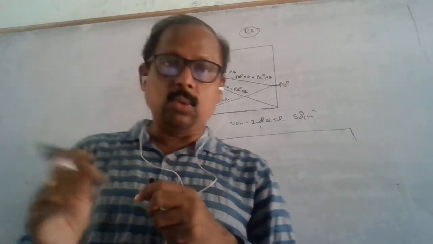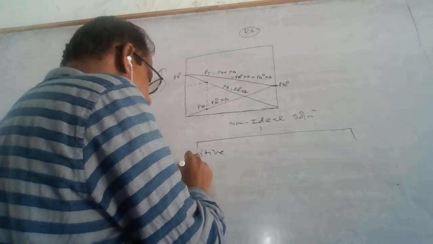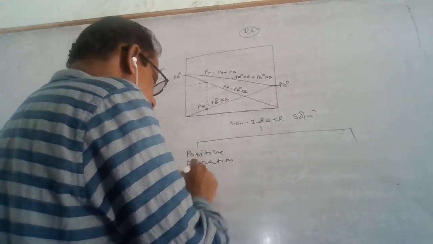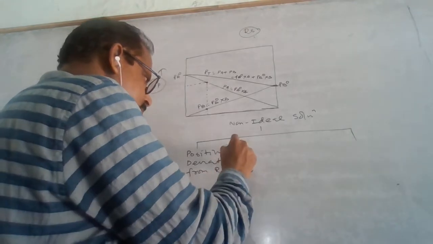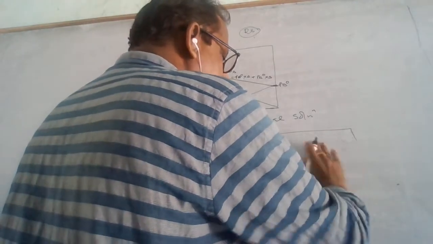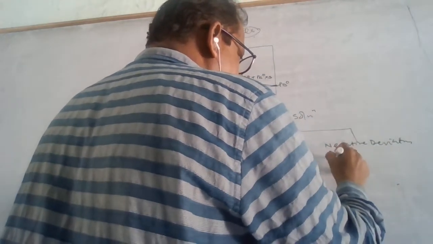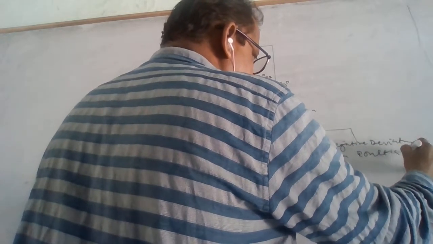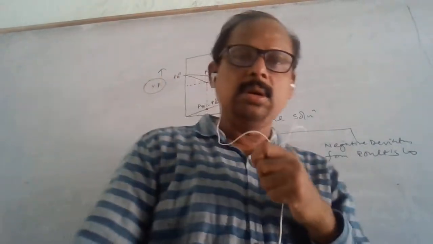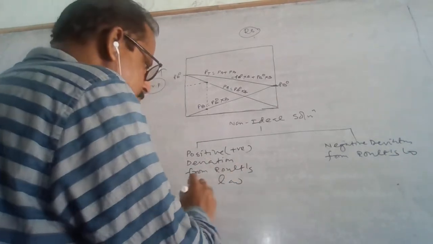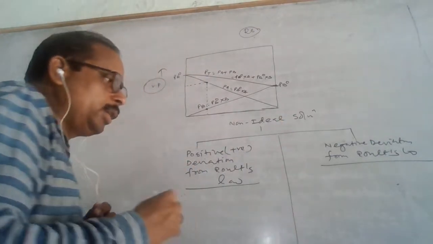One gives the positive deviation from Raoult's law, and another gives the negative deviation from Raoult's law. So if you see the difference here,